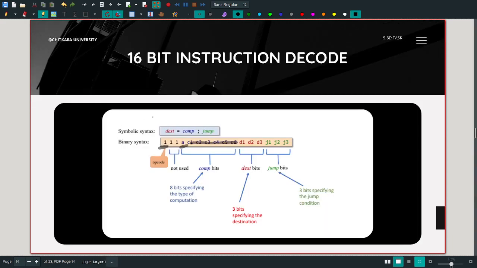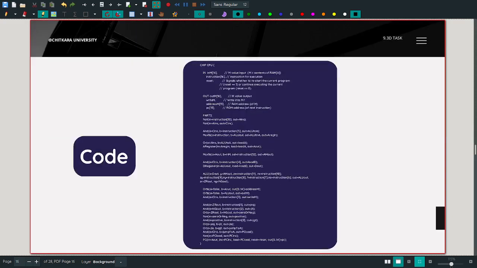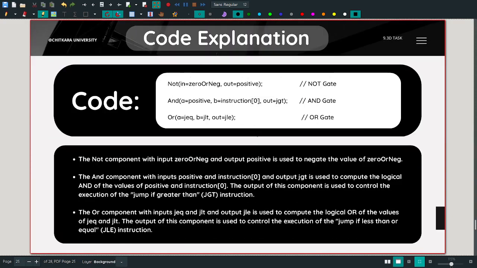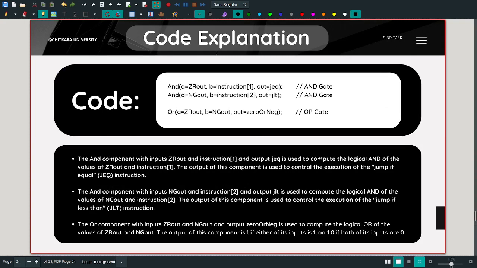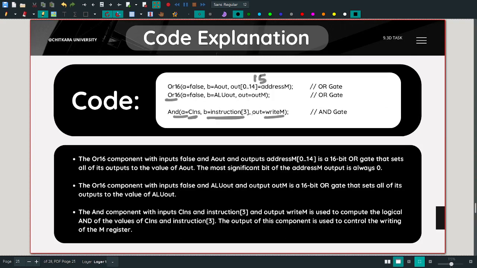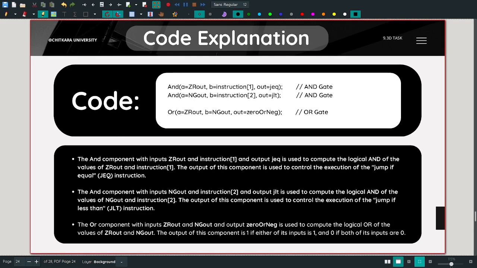So we have basically 3 destination bits, D1, D2, D3, and here D1 is for the A register, D2 is for the D register, and similarly D3 is for the M register. So it's like instruction 0, instruction 1, instruction 2, instruction 3. So there's an instruction 3, this is instruction 3 for M. Next we have instruction 1, instruction 2,